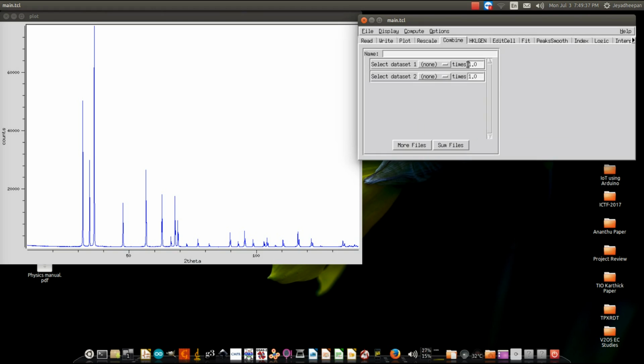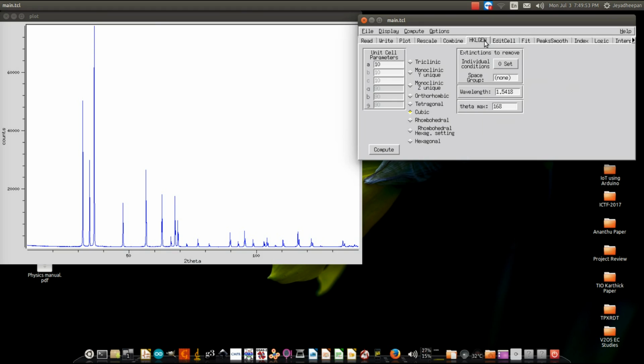Combine is to combine or mix the diffraction patterns of 2 or 3 samples to create some new pattern out of them. And HKL and edit cell have some